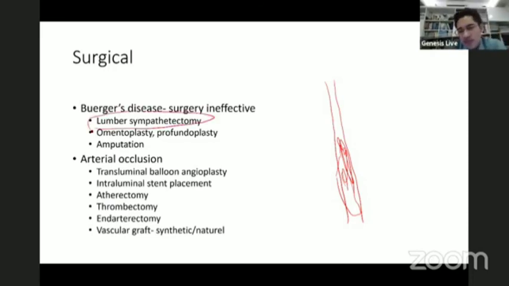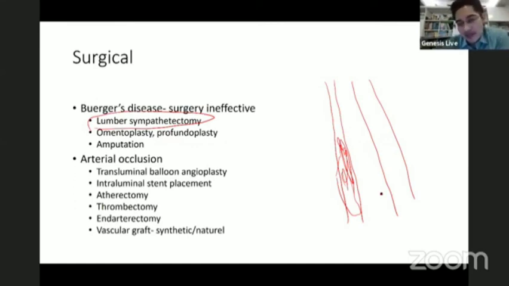This is for theoretical purposes. In my life, I have seen 2 lumbar sympathectomies and that's it. For the last many years, I haven't seen any lumbar sympathectomy, but it's still done. Why is it done? The sympathetic nervous system causes vasoconstriction. So what we are trying to do is remove the sympathetic nervous system supplying